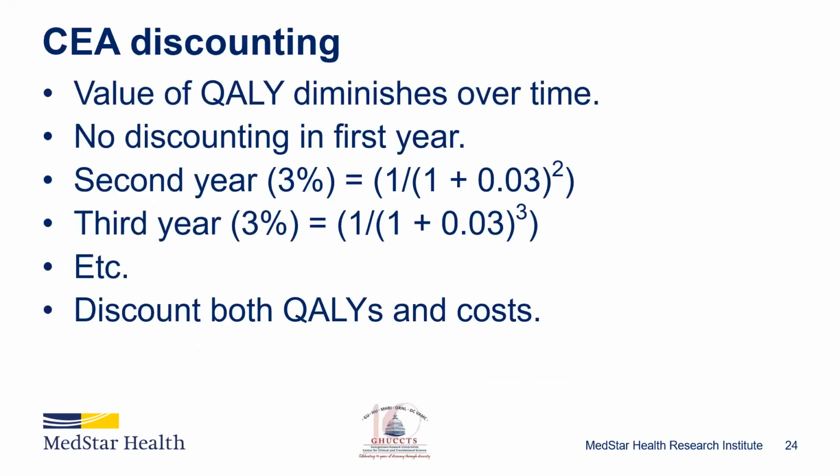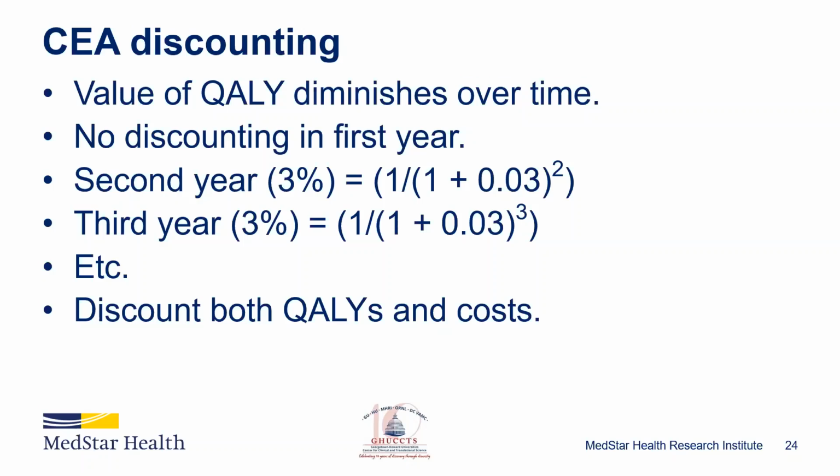So the other concept, or another concept I need to talk about, is discounting. This is the idea that the value of quality or life years gained diminishes over time. In other words, qualities are more important closer to receiving treatment than they are longer out in the study. So what we do is we discount, and if we have, say, a 5-year study,